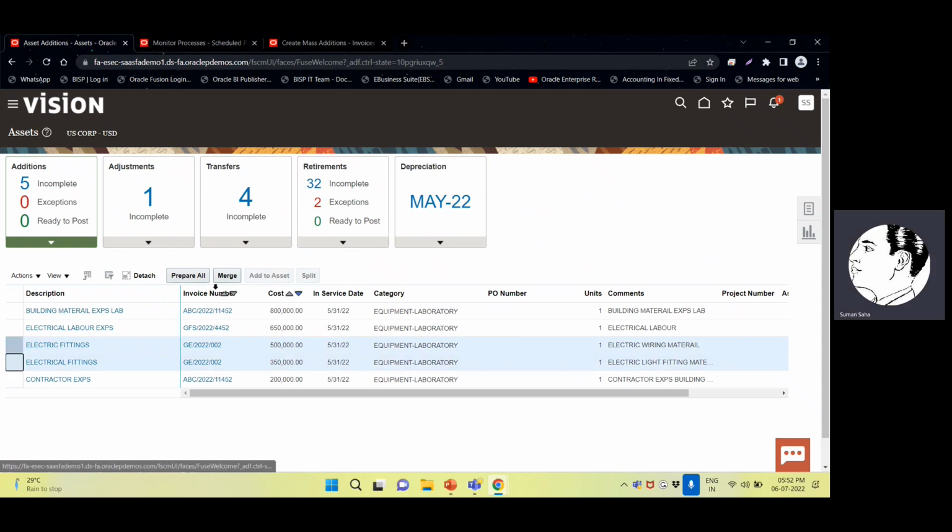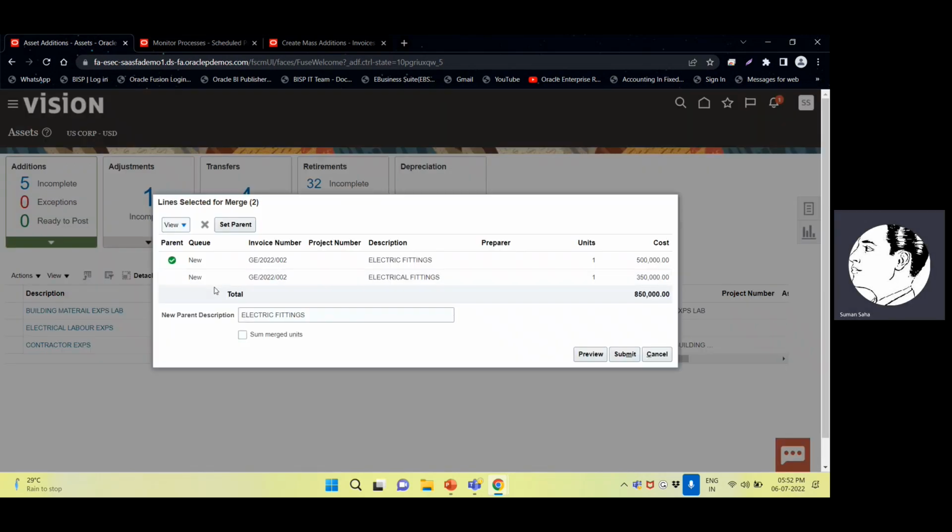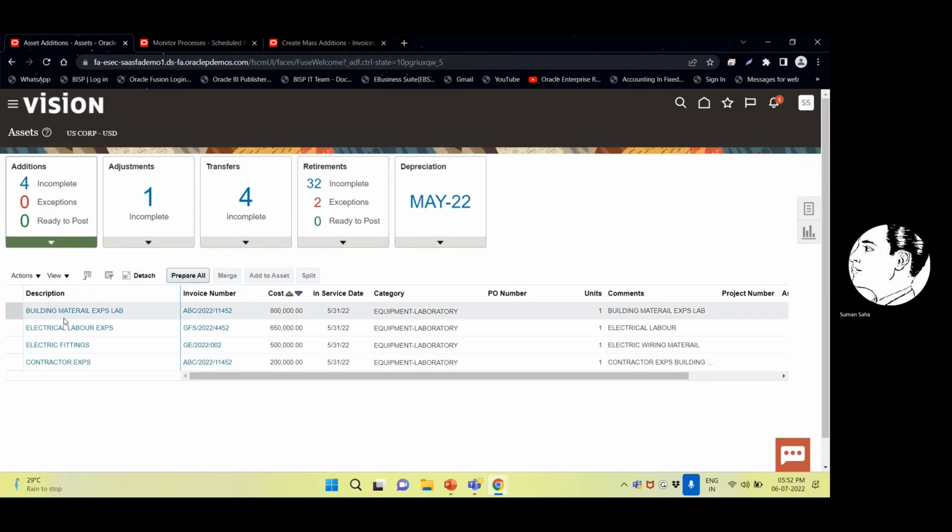I will merge the same, merge the line again, and set parent at this one, submit again, and now I will